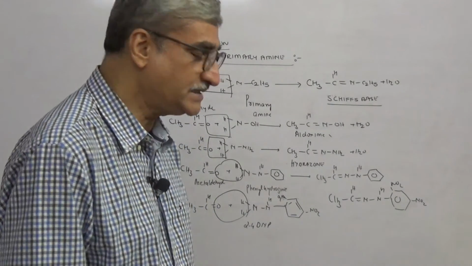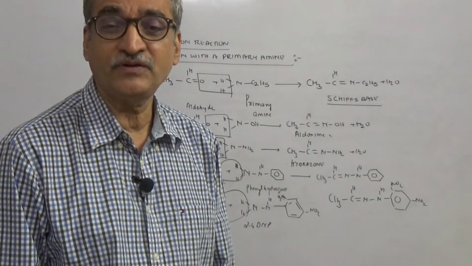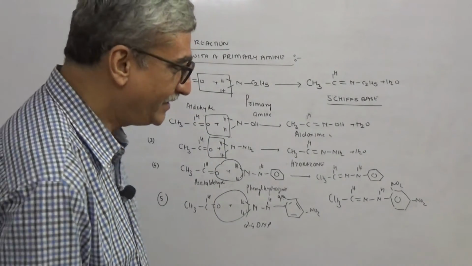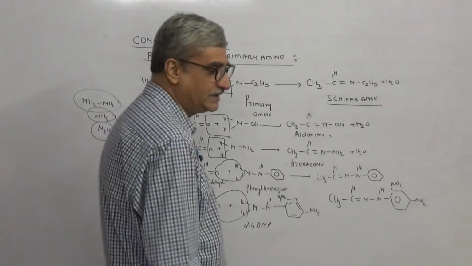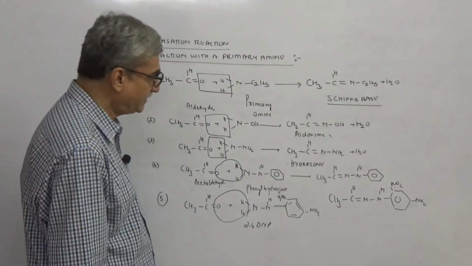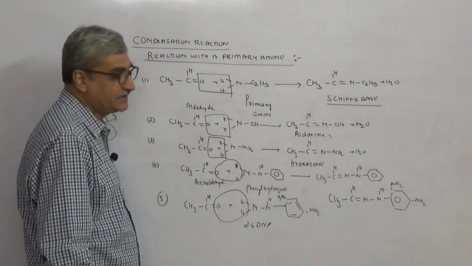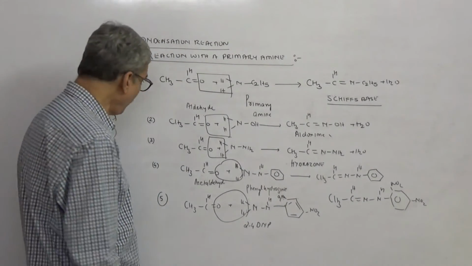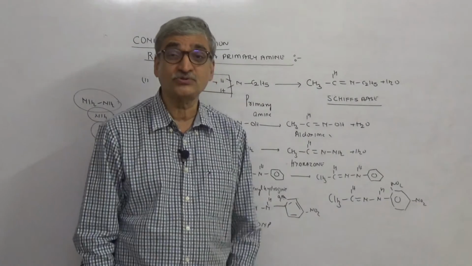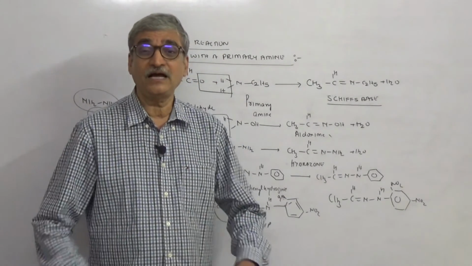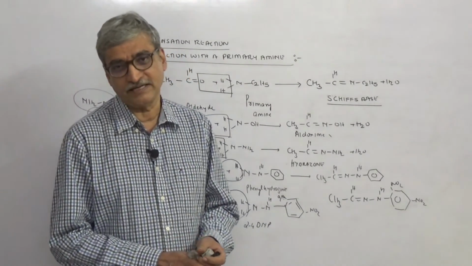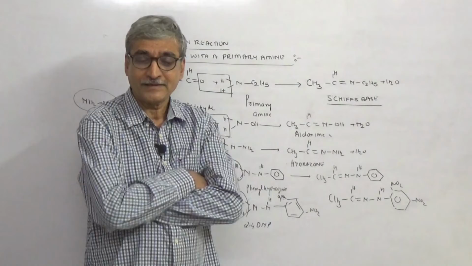Then you do the next test that we are going to learn next time. Test for aldehyde not shown by ketone. Then you know, oh boss, this is aldehyde or this is ketone. If the reaction is positive, then you know it's aldehyde or you know it is ketone. Is this point clear? So 2,4-dinitrophenylhydrazine is used to identify the carbonyl group in an organic compound. Practicals में आएगा. Is this clear?